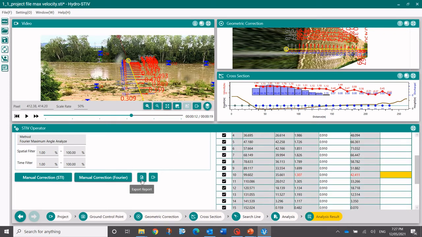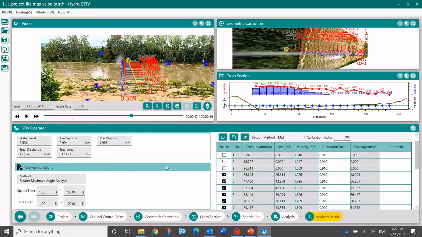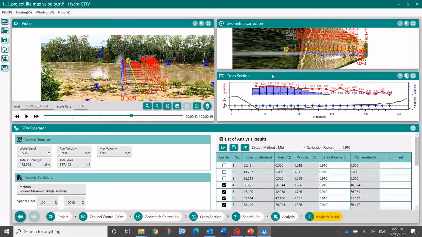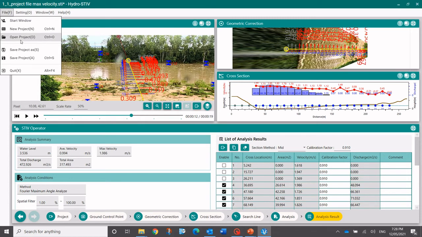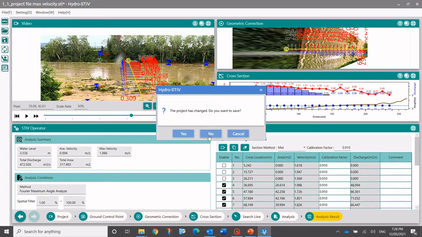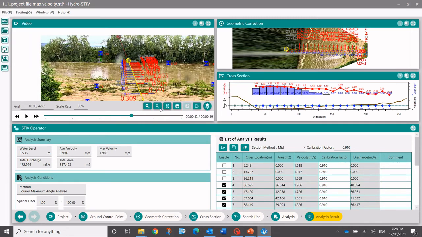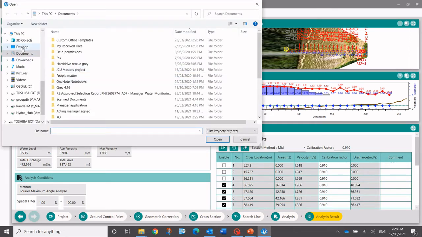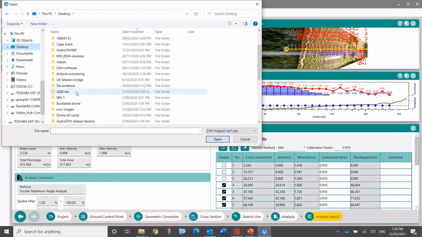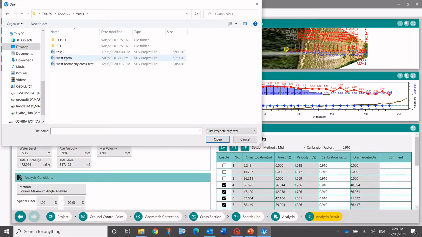There's also a report function that you can export from here, which contains all the information that you can see in this window in terms of geometric correction, discharge analyses. Everything's contained in there, in a little PDF format that can be printed out and filed away. So I'm now going to open up a new project. To save. So I'm just going to take you now, and we're going to load up a